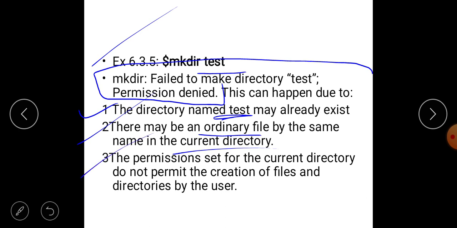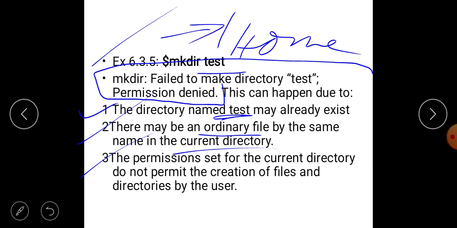Next, the permission set for the current directory does not permit the creation of files and directories by the user. Nothing but, suppose you are working in /home, the current path is /home. For this, the permission is not set to create others under home.